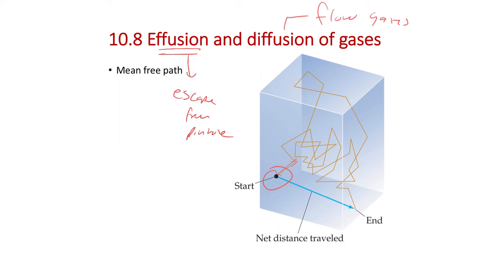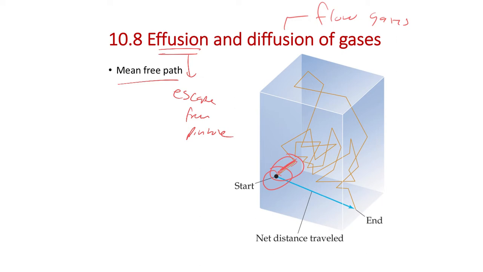They're going to be bouncing off in every different direction. And it might just take a little bit of time for them to make it through the medium, being air in this case, to the other side of the room. And so our mean free path is how long on average a particle travels before it encounters another particle in the medium. The distance the particle travels on average before it encounters another molecule is our mean free path. So this is how far a molecule travels before it strikes another particle.